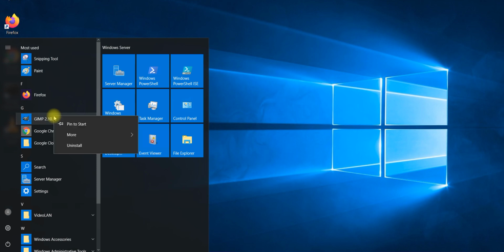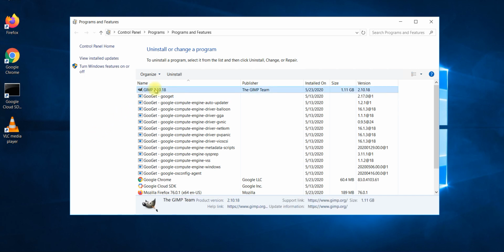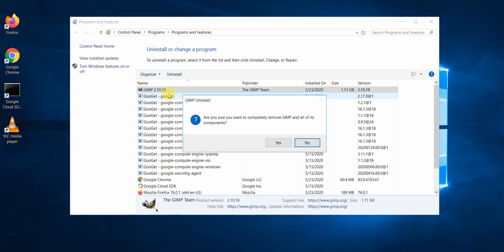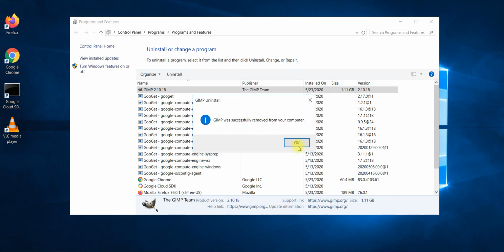Right click and click uninstall. From here you just right click and uninstall, right? And when asked if you want to remove it, yes, you have to remove it. And once it is done, our task will be complete.